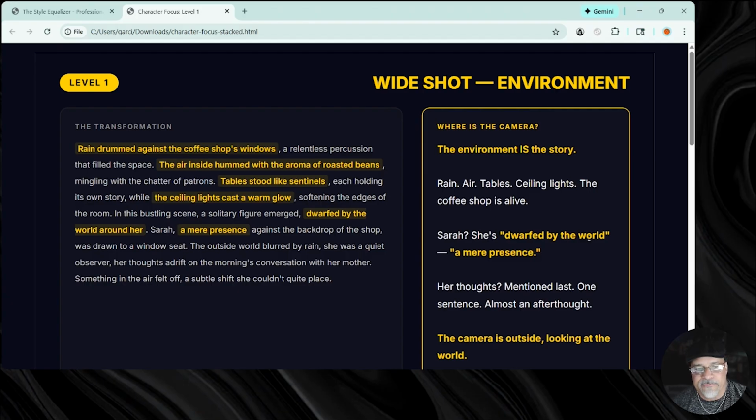Sarah, she's dwarfed by the world, a mere presence. Her thoughts, mentioned last, one sentence, almost an afterthought. The camera is outside looking at the world. And so a scene like this would be in any movie you would watch. The camera showing, like if you're in New York, you'll see the Empire State Building, you might see the Brooklyn Bridge, taxi cabs, the traffic, the pedestrians walking across the street, and then at some point the camera will focus